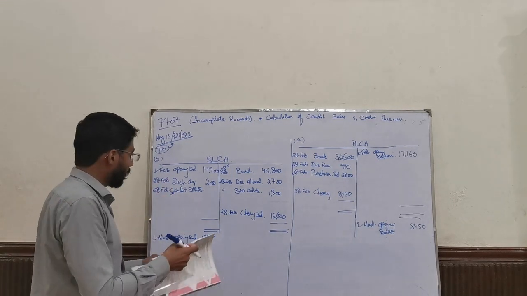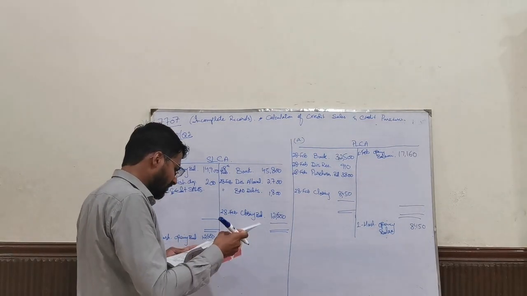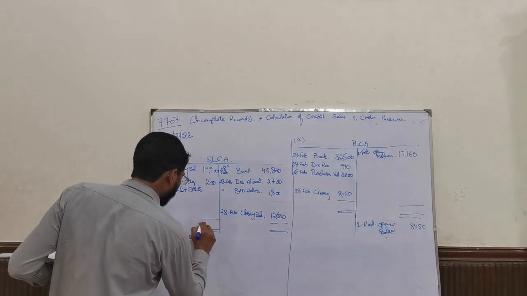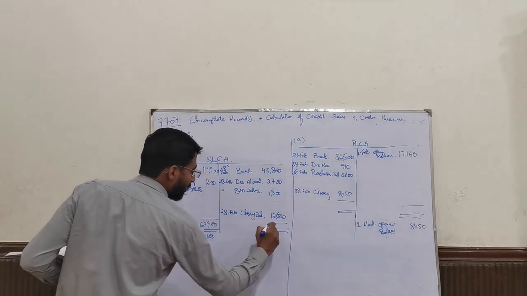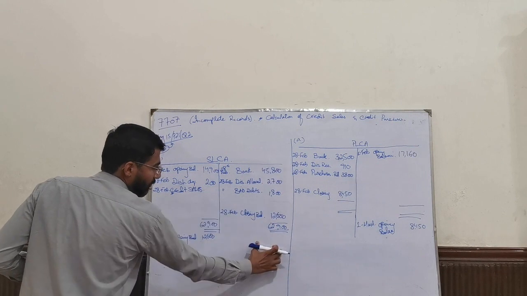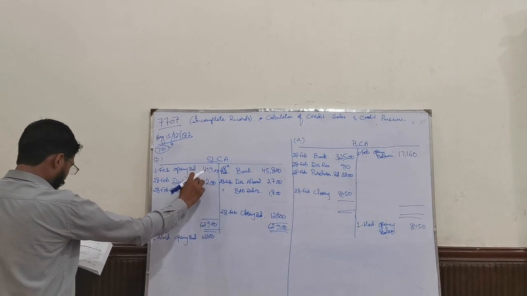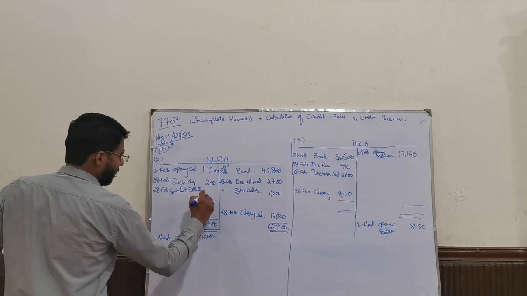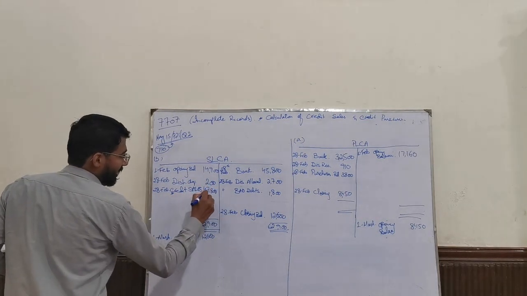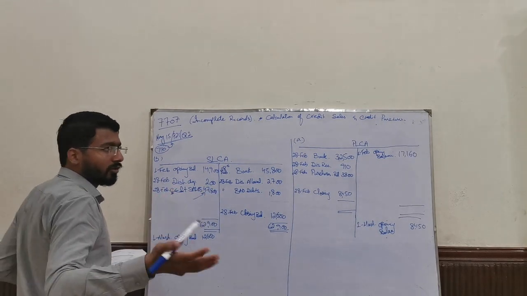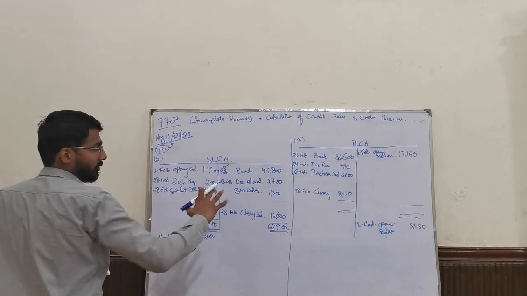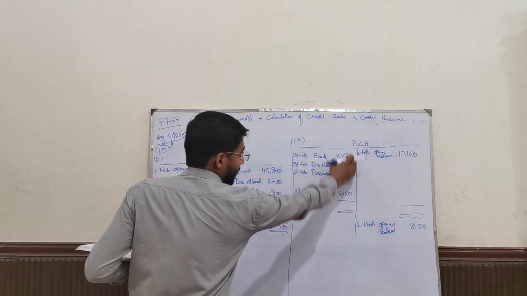Now I am simply going to balance it. So it's 62,900. 62,900 is the total of this side. I am going to subtract these two from here and I'll get 47,800. My this figure was for let's say 1 mark in itself, and the whole question, this whole part was for 7 marks.